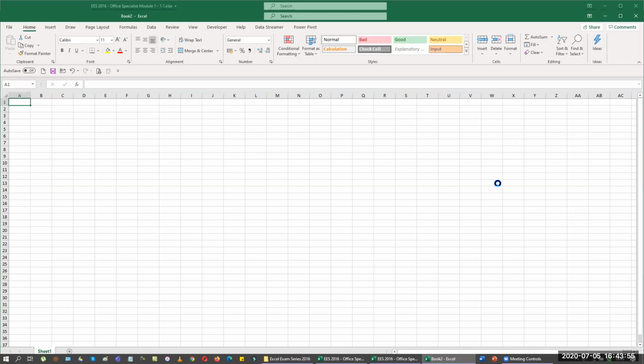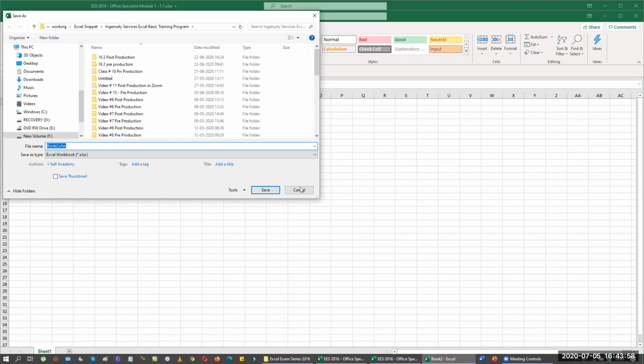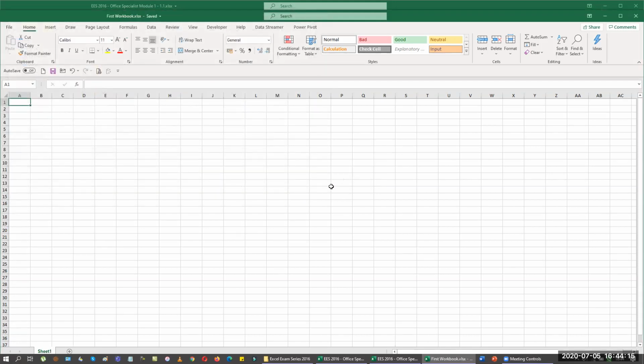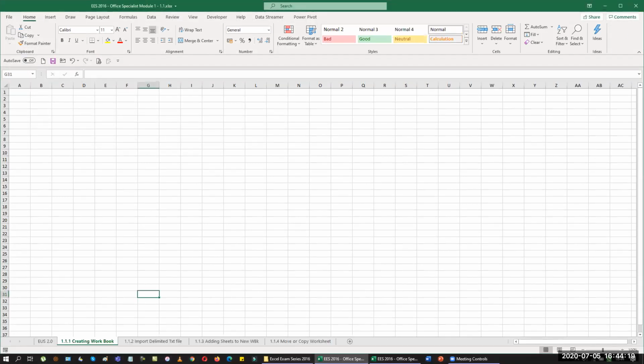When I click the save button here or press Control S, it automatically takes you to the documents folder. But again, I have used this file from a different component. So I'm just adding this list here called first worksheet. I already have a sheet here, so I'm going to just save it and replace it. So this is how we create a new workbook in Excel.